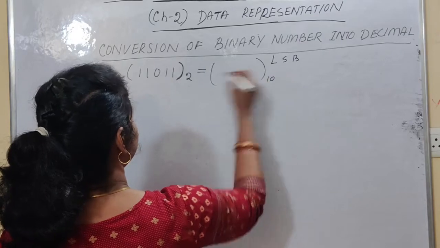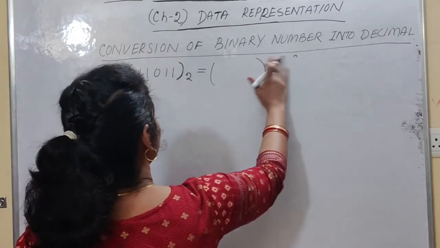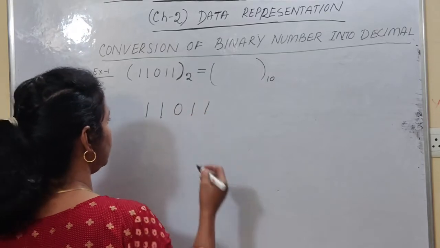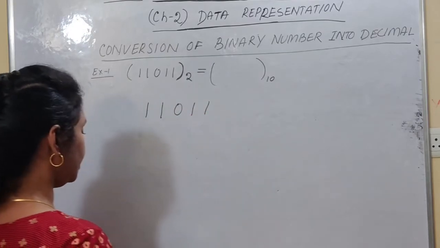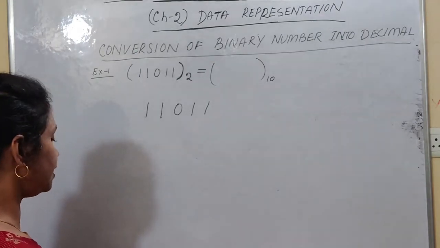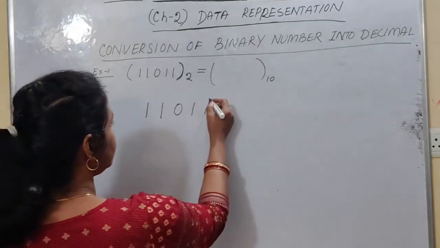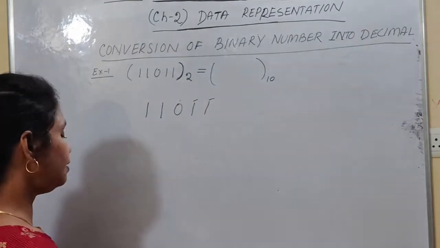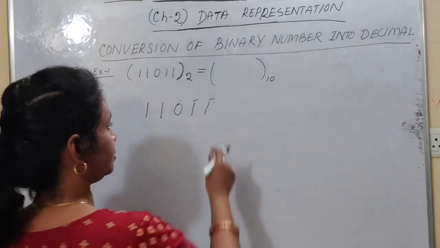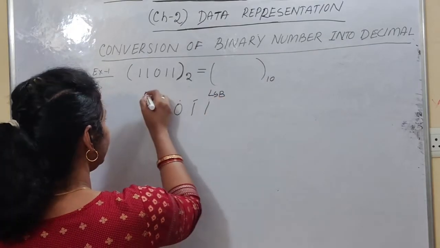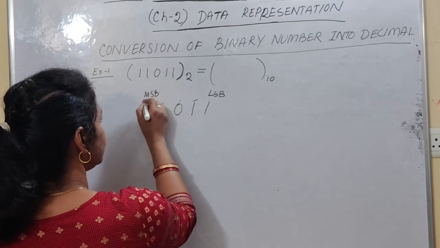Now this binary number 11011, I have to convert this number into its equivalent decimal, right? So here, let us write this number 11011. As I told you, the binary number system is a positional system where each binary digit, that is known as bit, these are known as bits, okay? So each bit carries a certain weight based on its LSB. So this one is the LSB, least significant bit, and this one is the most significant bit, right?